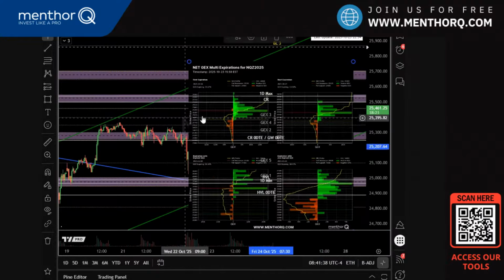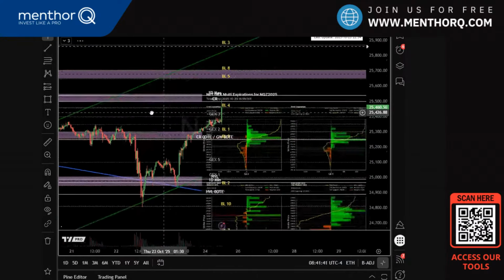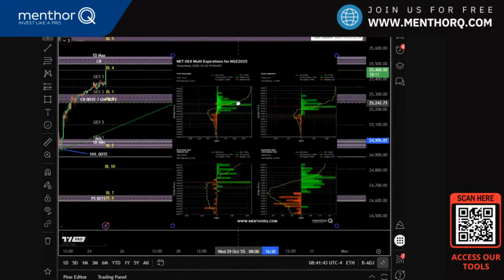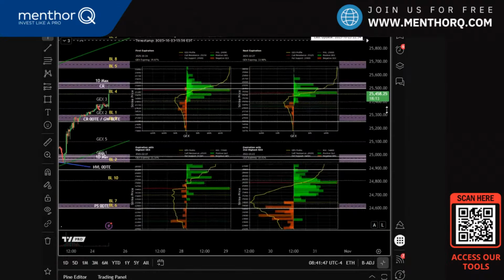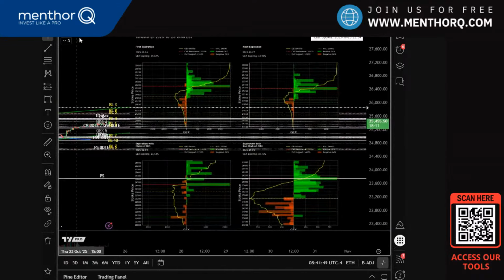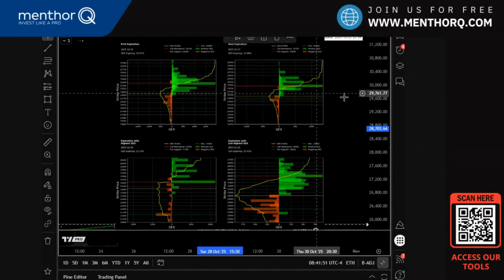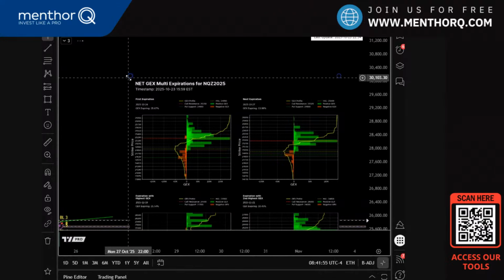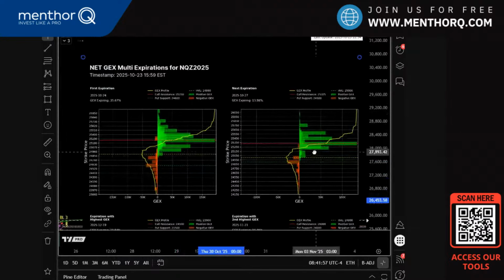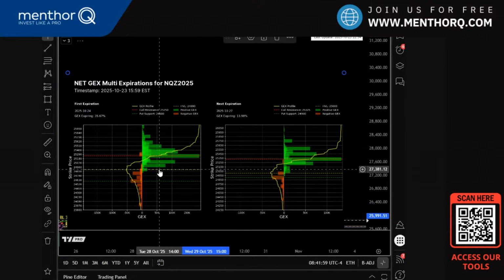How can we help? We can have, for example, the expiration view to have some idea and know what is going on in the background. So, for example, this is how it looks for NQ, above